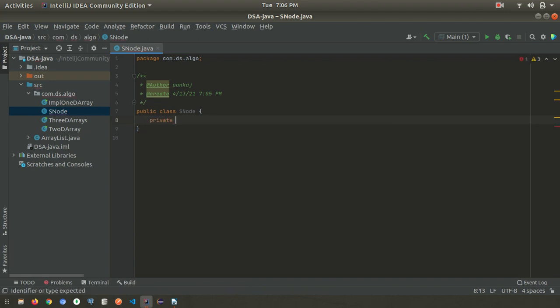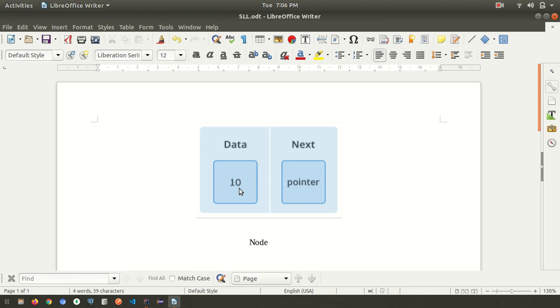So what we can do, we can give this variable the type private, so private integer data. So it will contain the first data part, and next is the reference of the next node element. So this is of type node because the second node is of type node.